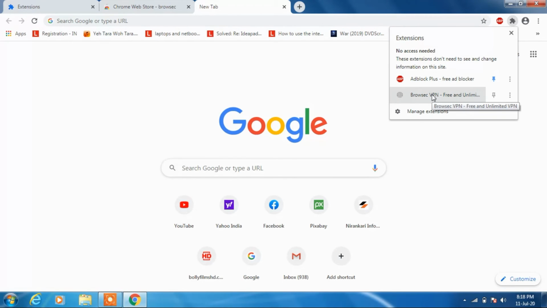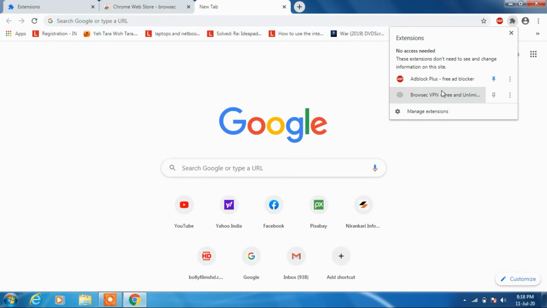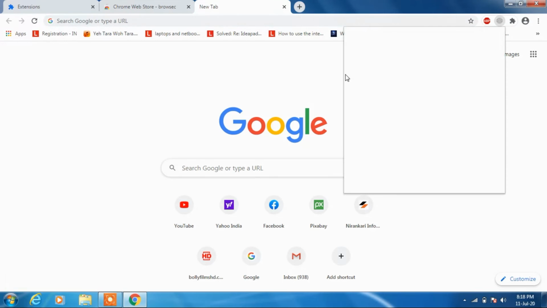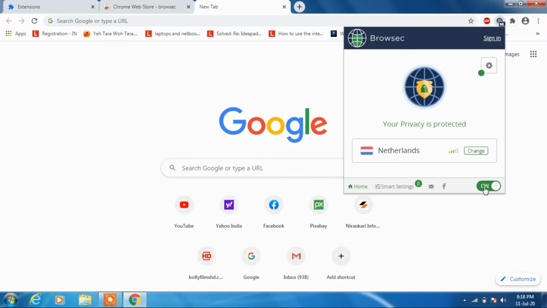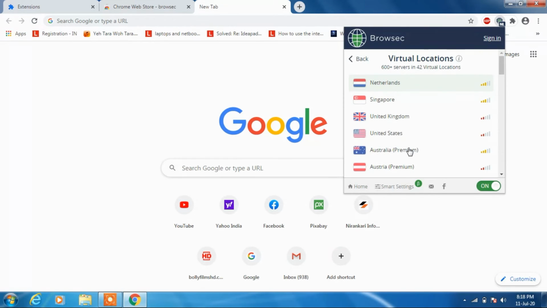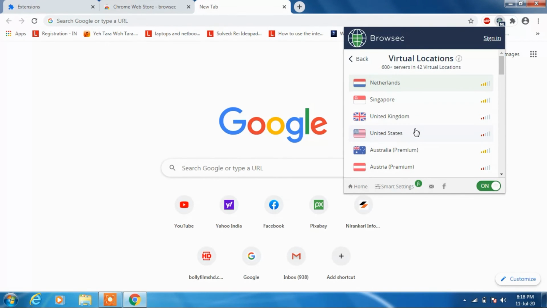Now click on this option and click on browsec VPN. Just toggle this on and you can choose whatever location you want from here. What this VPN will do is hide your current location, and this will help you reach the website that you want to reach.